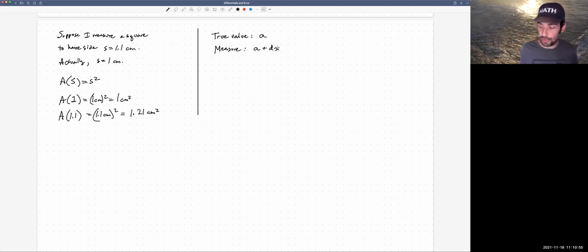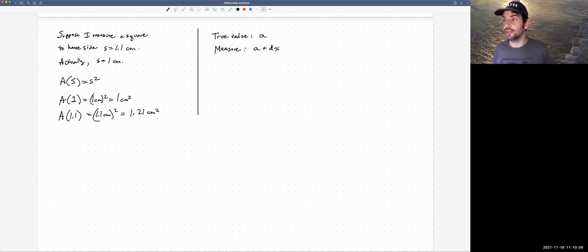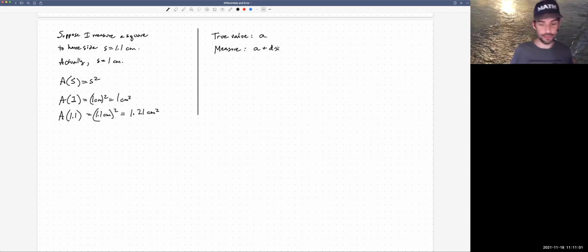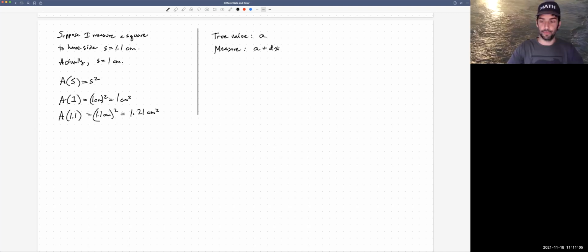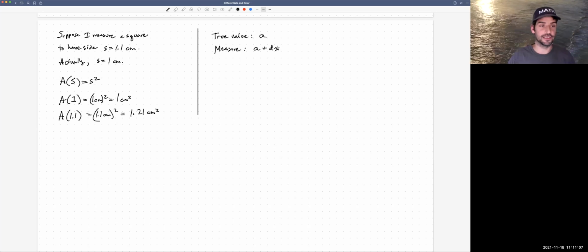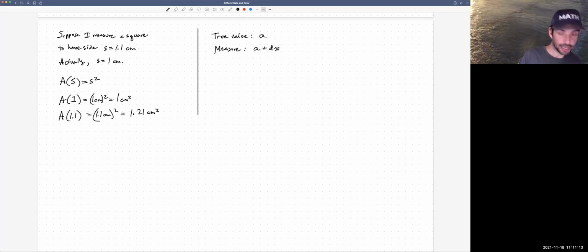Again, errors in measurements are pretty much guaranteed. Our tools have a limited amount of precision. We're prone to make errors. All kinds of things can go wrong when you're making measurements. So there's almost always going to be some amount of error, okay? The error is the difference between